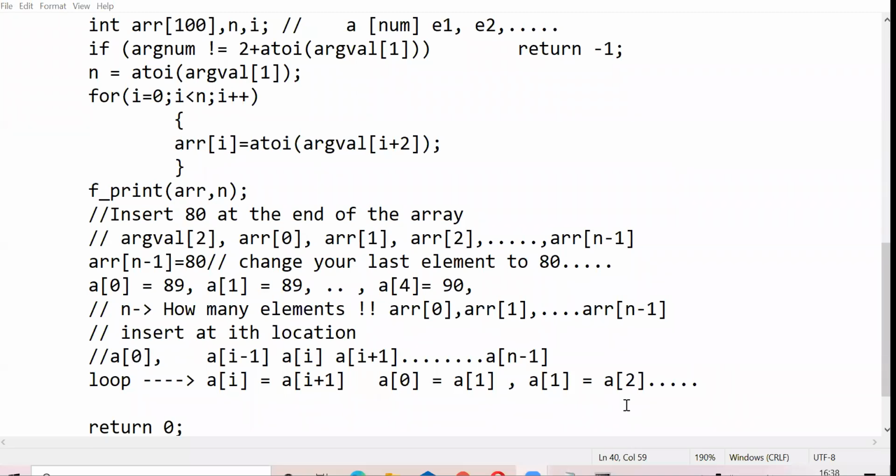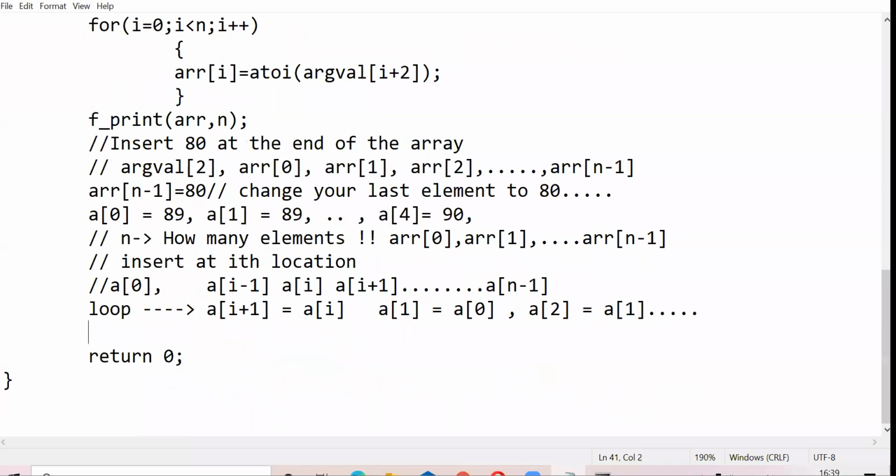It will be reverse, ma'am. Yeah. So what we can do is a of i plus 1 is a of i. So it will do your a of 1 becomes a of 0, a of 2 becomes a of 1, so on and so forth. So how can I write that loop here?